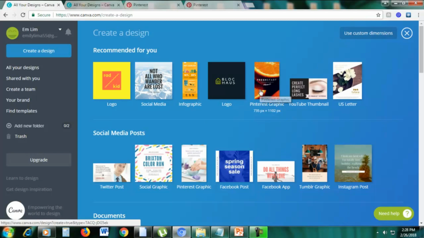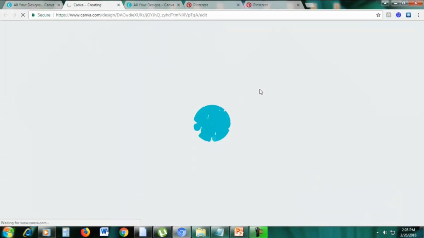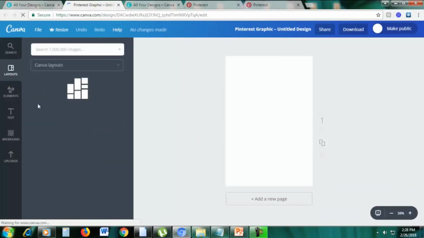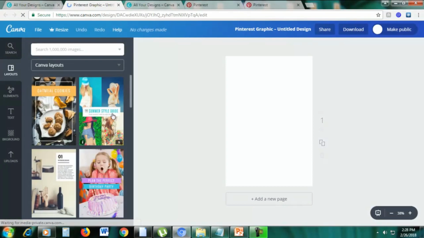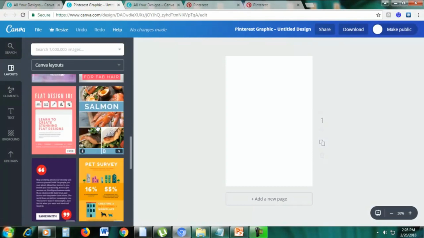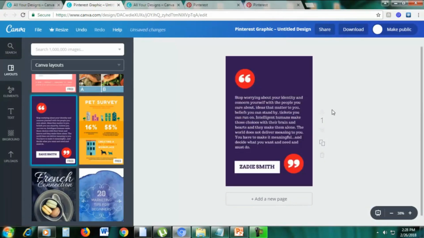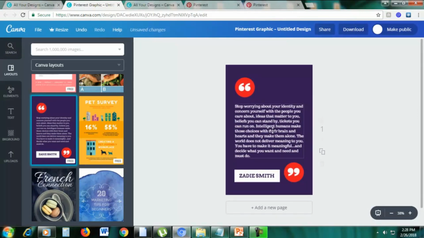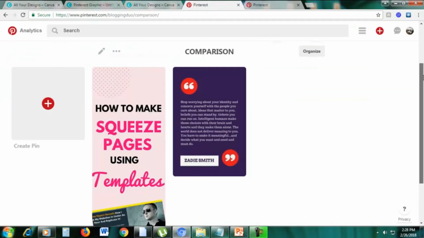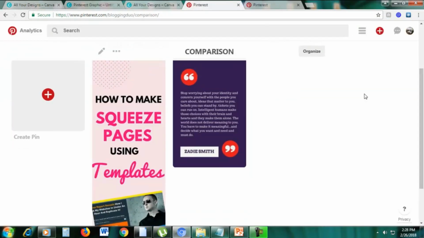So let's just click this Pinterest graphic template. As you can see here there are many different templates. So let's just choose one. Here's an example of a Pinterest graphic template, and I will show you why it's not advisable to use this size. So let's go here to my Pinterest account, and you can see here that this one,